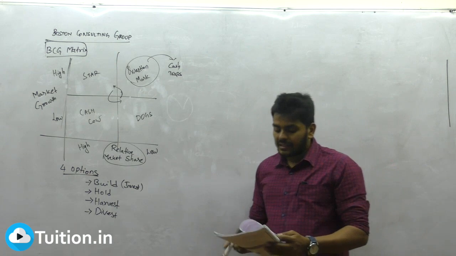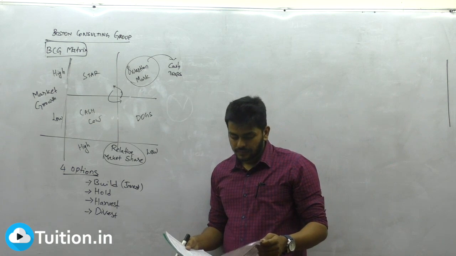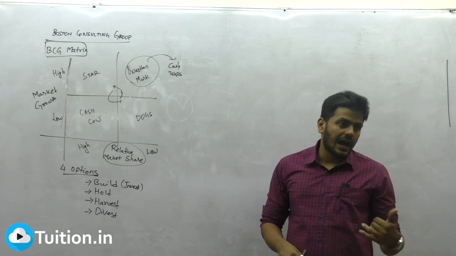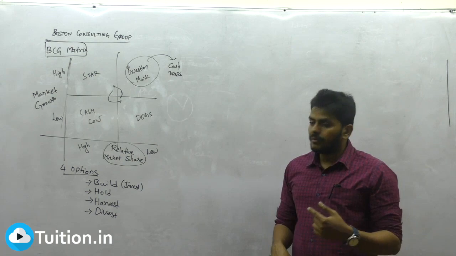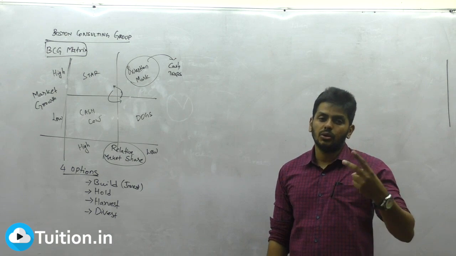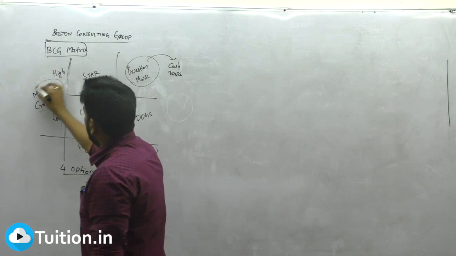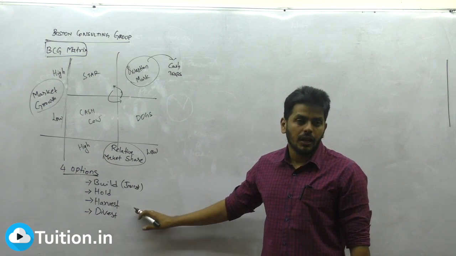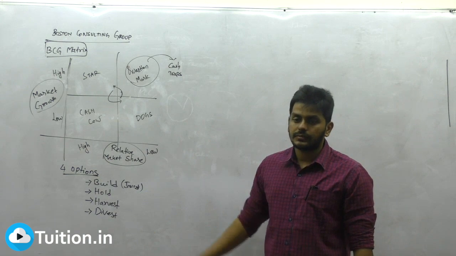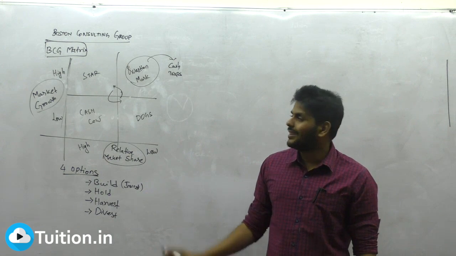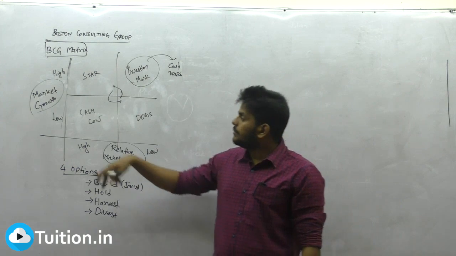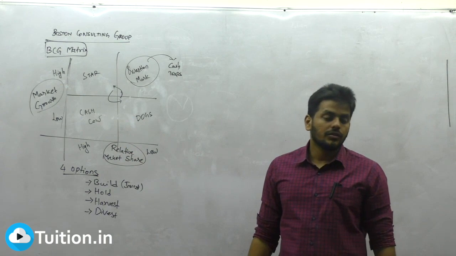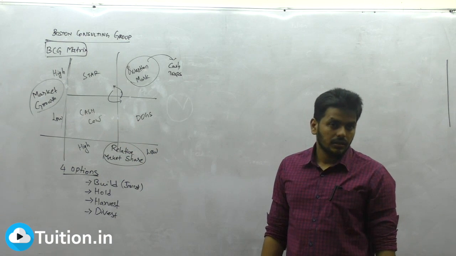What they propose is to classify your entire business into 4 categories: stars, cash cows, question marks and dogs. How many parameters are we considering? 2: market growth rate and relative market share. So taking 2 parameters and then comparing. How many options is the BCG matrix giving? Build, hold, harvest. But don't you think this matrix inherently looks like very extreme situations? Will the market be high always? Will it be low always? Where is an intermediate situation? So it never looks very realistic. You get what I'm saying?